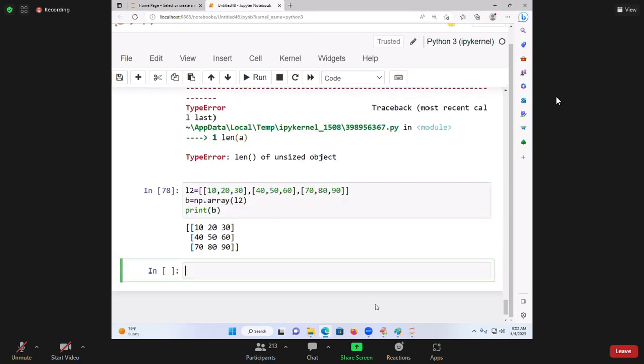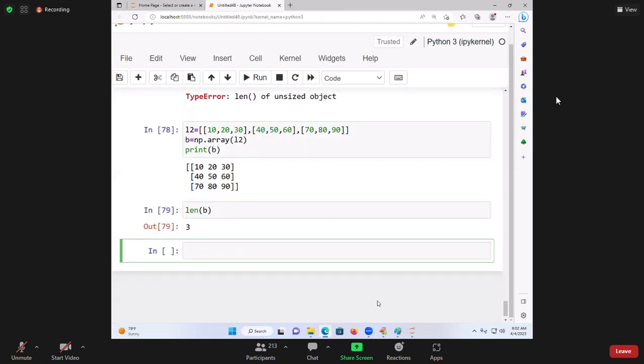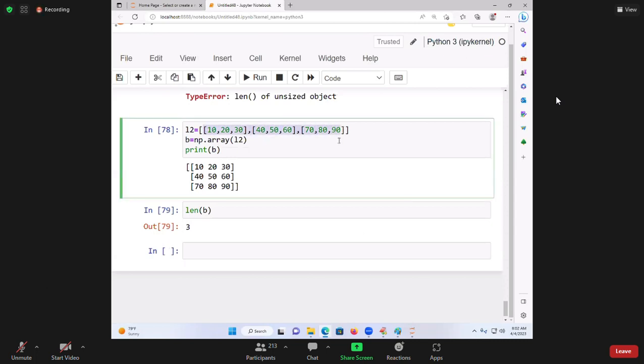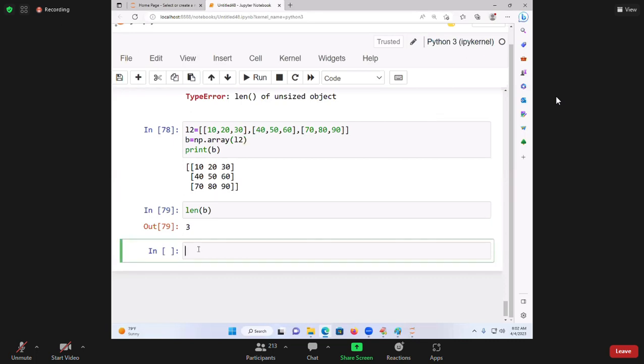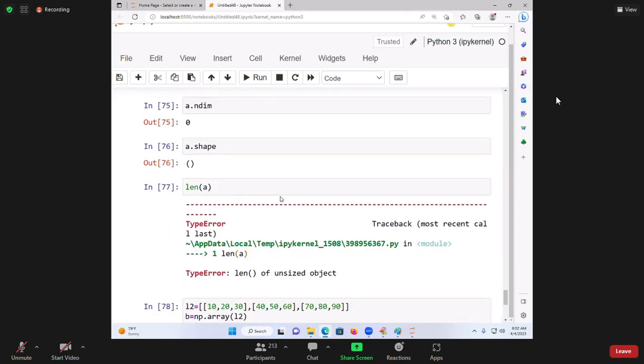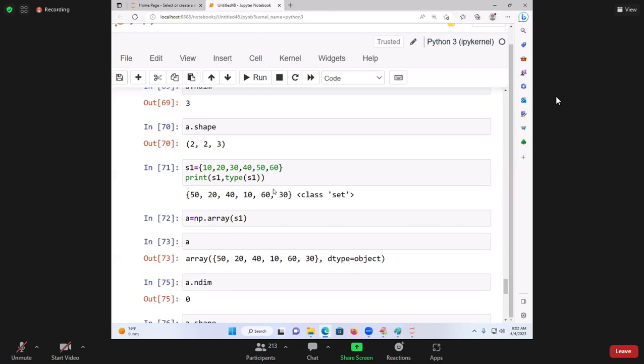Here you see len of B. It will be giving you what? It is containing 3 inner lists. The same thing is converted into an ND array object. Are you getting this? So coming to the point, when I am converting this set into an ND array object,